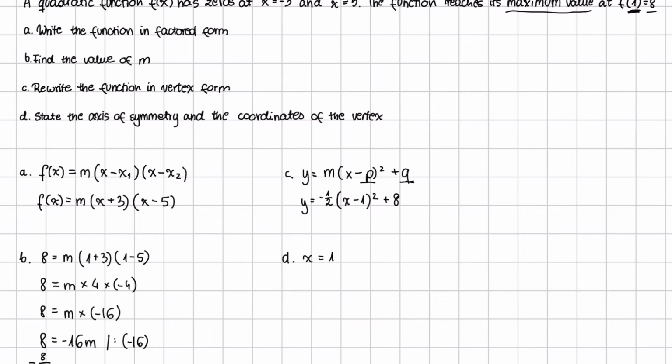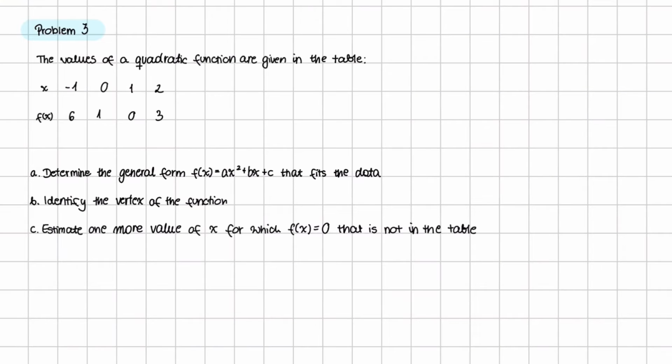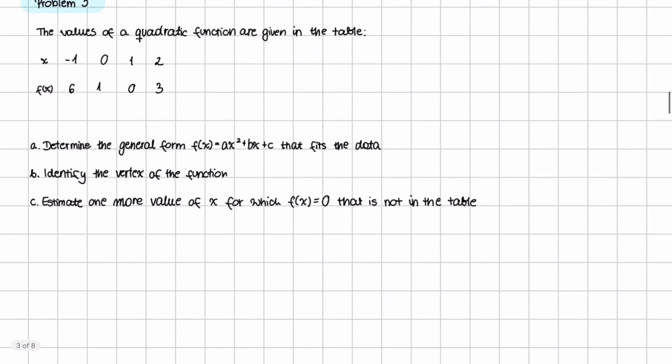We are given maximum value, so our coordinates are 1 and 8. Problem 3. The values of a quadratic function are given in the table, and we have two rows. First row is with x's, and the second one is with y's. And in A, we have to determine the general form f(x) equals ax squared plus bx plus c that fits